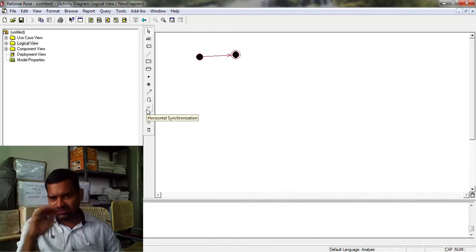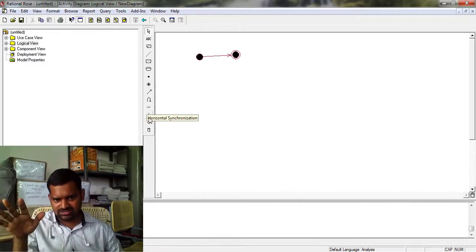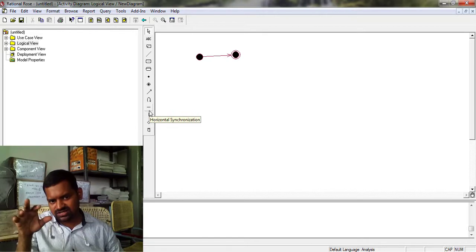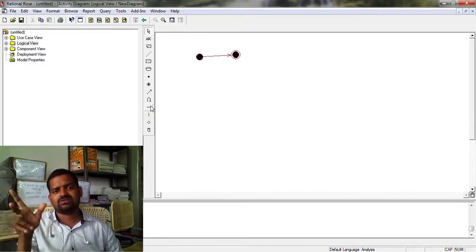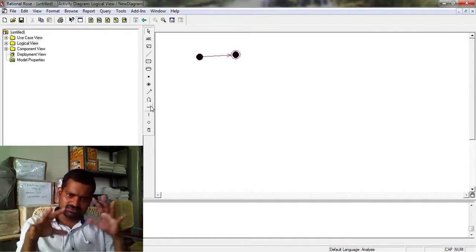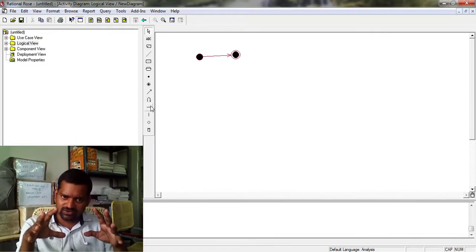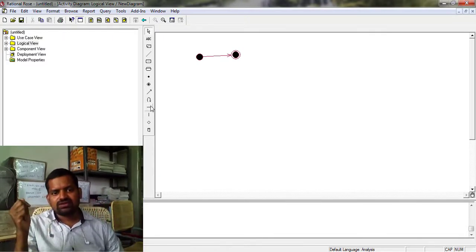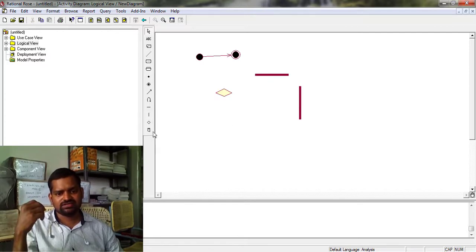Then there are horizontal synchronization and vertical synchronization. Synchronization is used for splitting the input into several parts, or combining the input from several parts. This is the decision box. Horizontal synchronization you draw like this, and vertical synchronization like this.